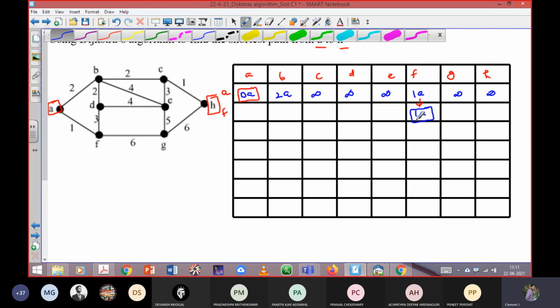Okay, hope you can understand up to this. So you can box it. Okay, 1A. So in the preceding row, whatever you have already boxed, that place should be written as dash. That means already completed. So here what it's saying, from A to F, it has taken 1. So I have traveled through the vertex A to the vertex F. Okay, so A to F, I have taken the distance 1 through the vertex A. Hope we can understand up to this.